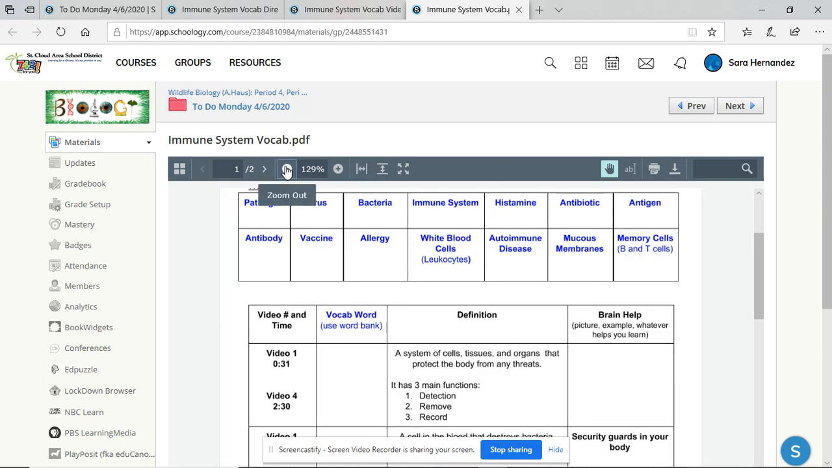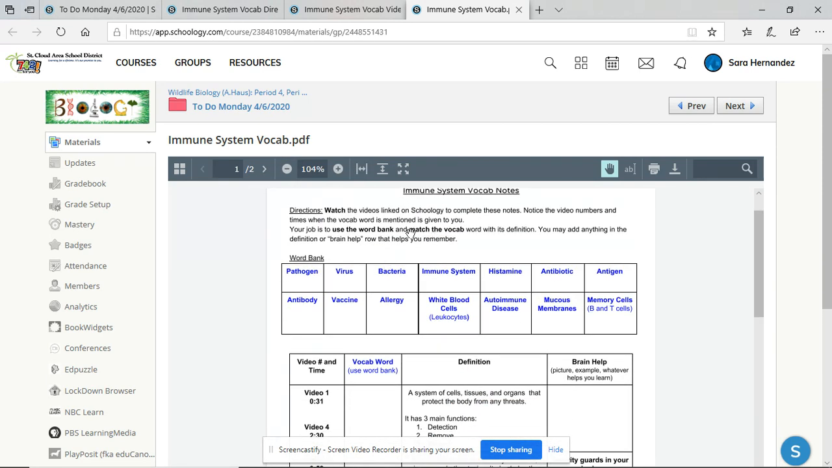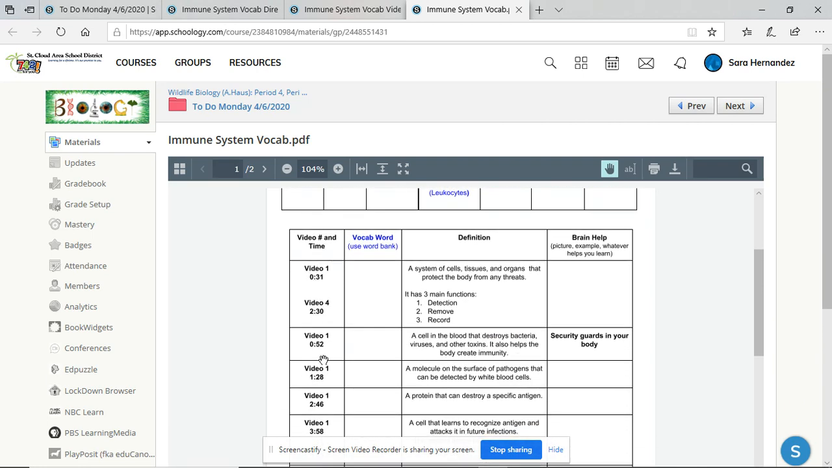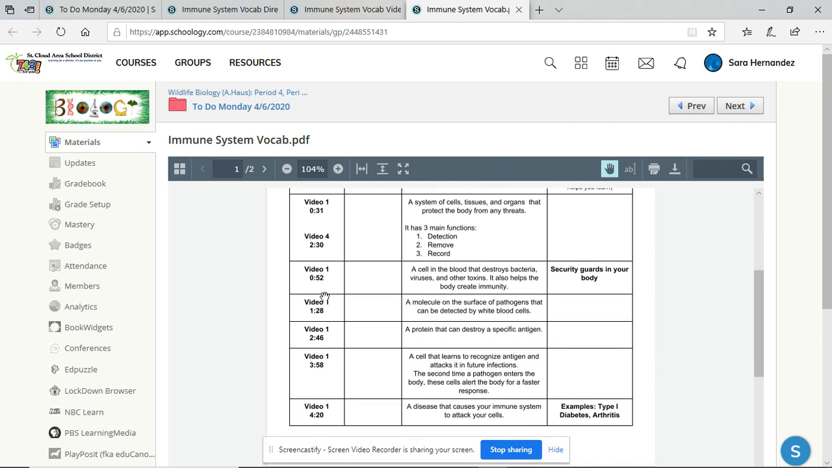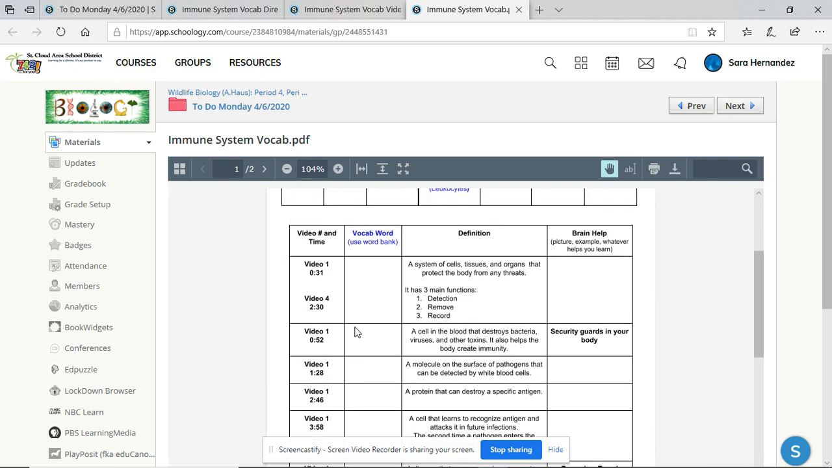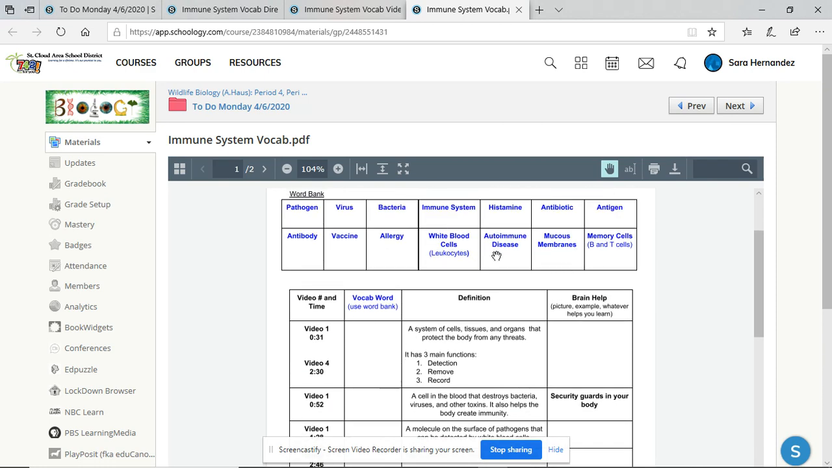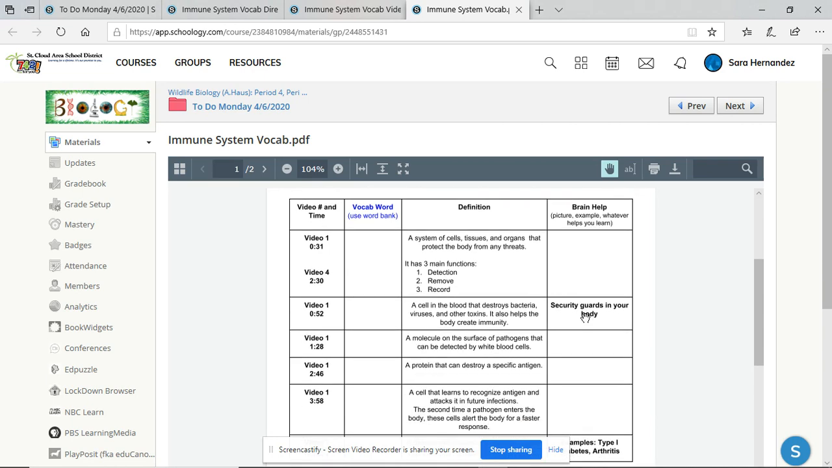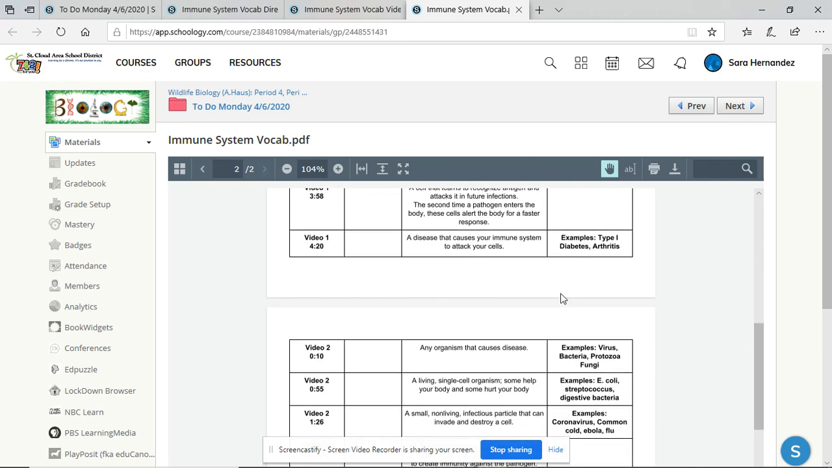So let me zoom out here. Directions are the same that we just read on that first page. So you're watching the videos linked on Schoology, and all of those videos are labeled the same way on this form here. So what I did was just create a word bank with all these vocab words. I gave you the definitions, and I even gave you some brain help, which is like a picture or example